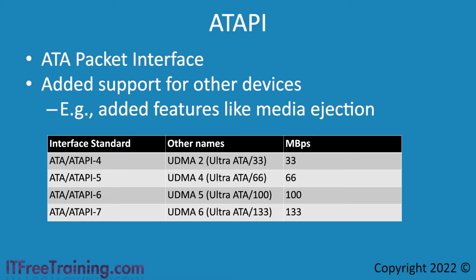The name Ultra ATA was a name created to differentiate it from the earlier ATA standard. After Ultra ATA is the speed in megabytes per second. Since this technology is so old, if you come across a device, it will most likely support Ultra ATA 133, since this is the latest version.